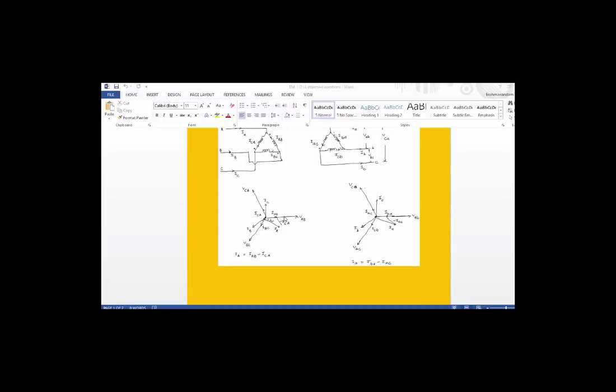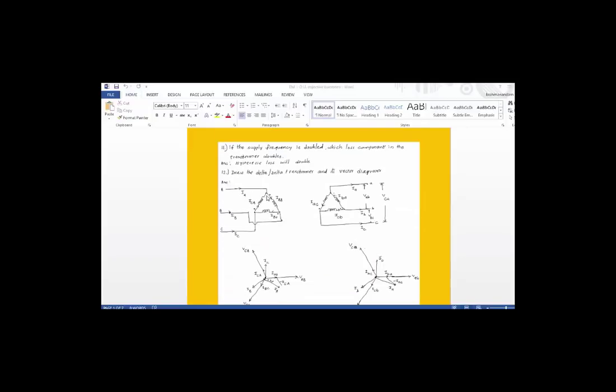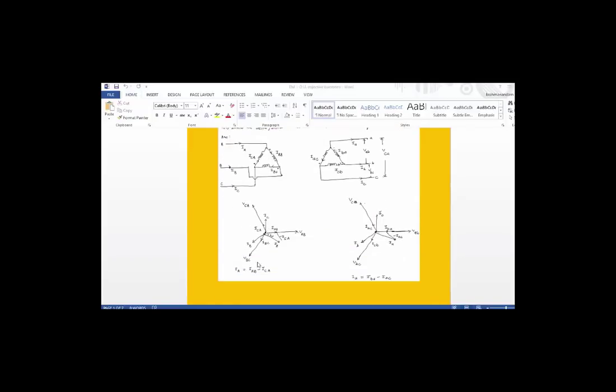So when we draw the vector diagram on primary side, we get the voltages, line voltages is also equal to phase voltage VAB and VBC and VCA displaced with respect to each other by 120 degrees, and we assume that the load is connected lagging load or inductive load, so apply the KCL here, then we can write IA is equal to IAB minus ICA.